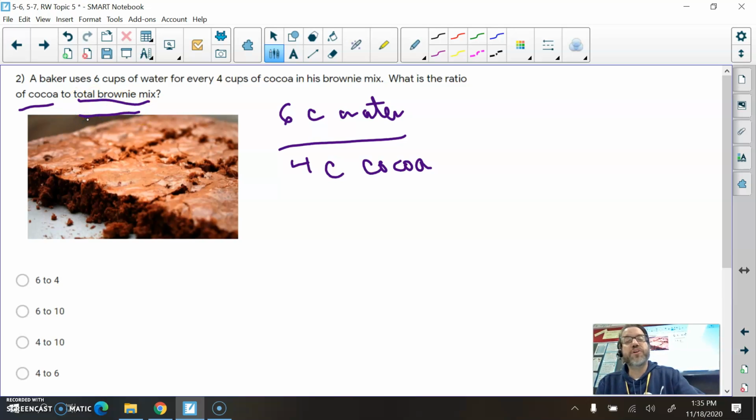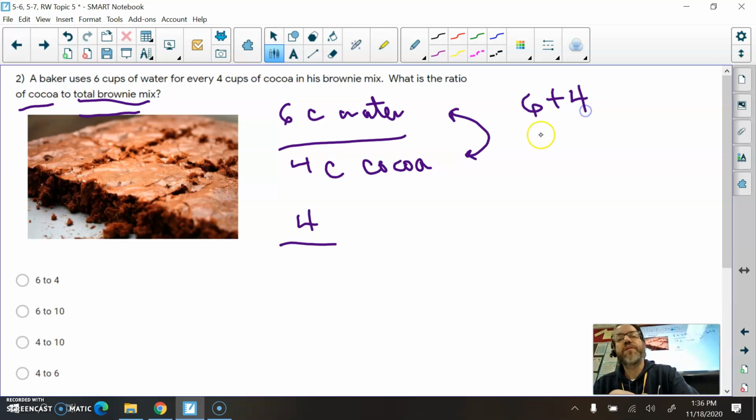Interesting. Well, the cocoa here is 4. But now what's the total brownie mix? Well, we have to take the water and the cocoa and combine them. 6 plus 4 equals 10 cups of brownie mix. 6 cups of that is water, 4 cups of it is cocoa. But we do have 10 cups total here